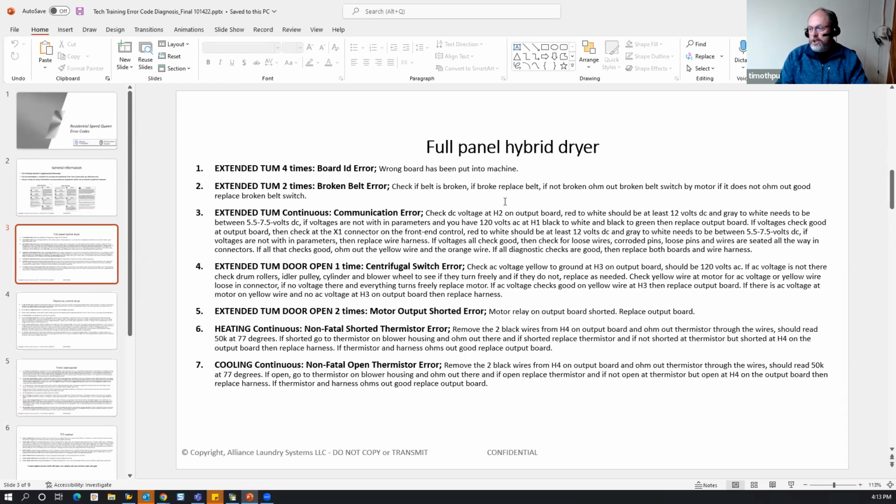Your DC voltage on that H2 connector, it's an 8-pin connector, and the red to white should be at least 12 volts DC. And gray to white needs to be between 5.5 and 7.5 volts DC. That is very important. If it's out of that range of 5.5 to 7.5, that upper board